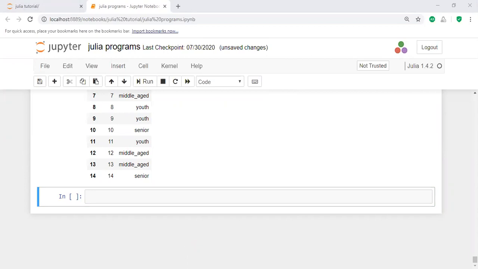If I require some other columns, for example I need 3 columns, then df, colon, comma, 1 colon 3. Here the colon indicates all rows. It displays all rows and 1 to 3 columns. Here I don't need all rows, only certain rows. For example, df, I need to get only 1 to 3 rows, comma, all columns. How can you get all columns? 1 to 3 rows as well as all columns.